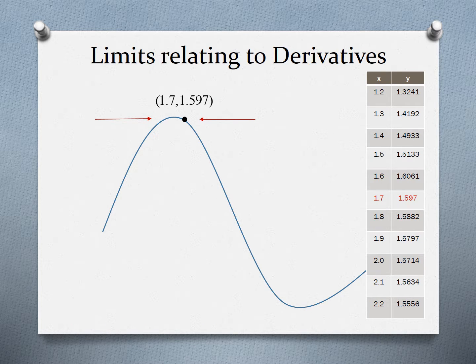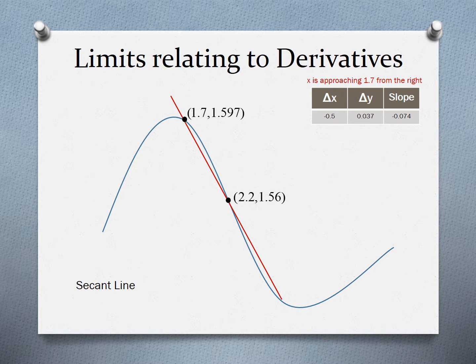Notice here how I'm using limits to define a derivative. So notice here on the graph, I have a point, 1.7 on the x-axis and 1.597 on the y-axis. This is a location in space. And notice how I've also described this location in space on my chart on the right-hand side. So let's discuss moving and approaching that point,